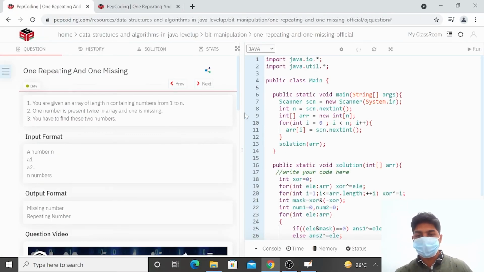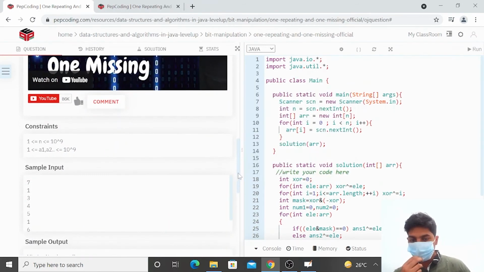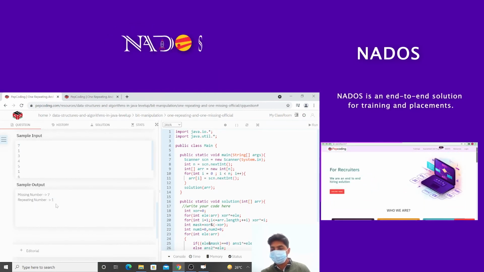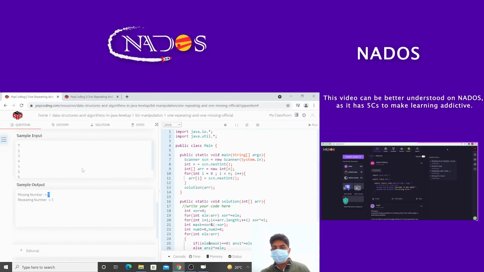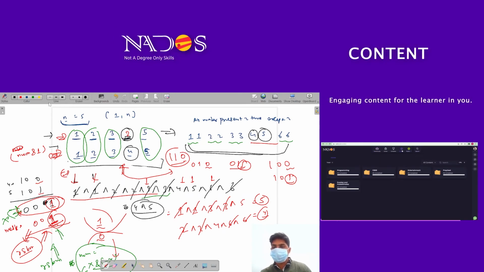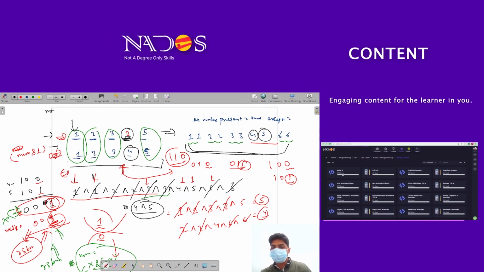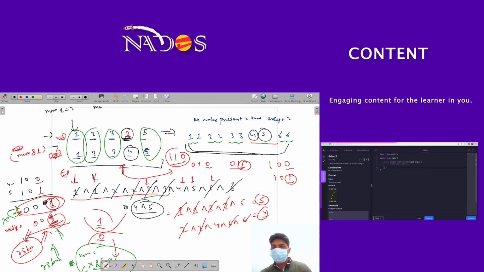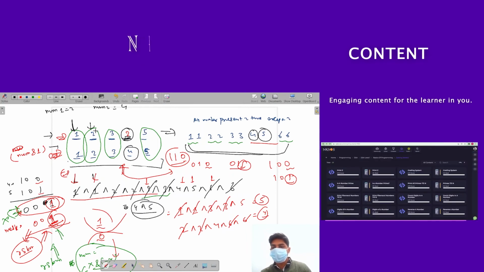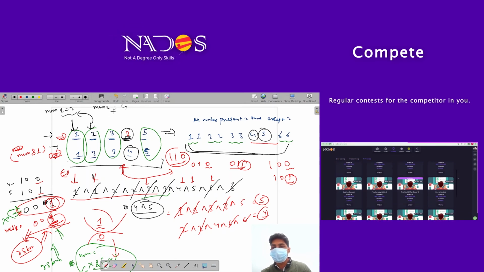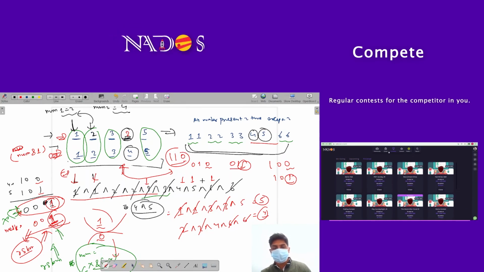Now what we have to print is which number is the missing number and which number is the repeating number. We have both the numbers, but we don't know which one is missing and which one is repeating. So we will scan our original array one by one. Suppose number 1 is 2 and number 2 is 4. We check, is 2 present? 2 is present over here, so 2 is the repeating number and 4 is the missing number. Okay, so this is what we are going to use.